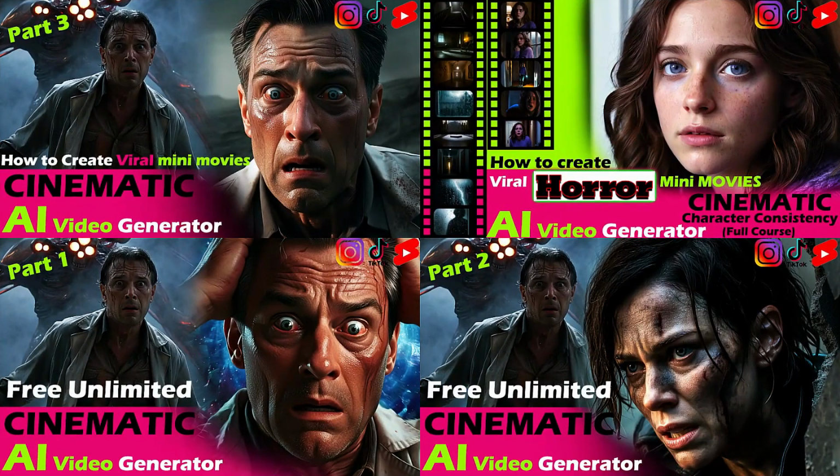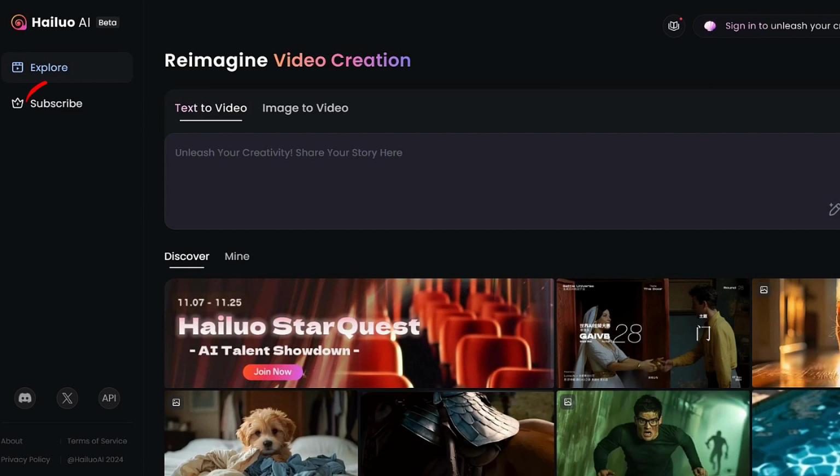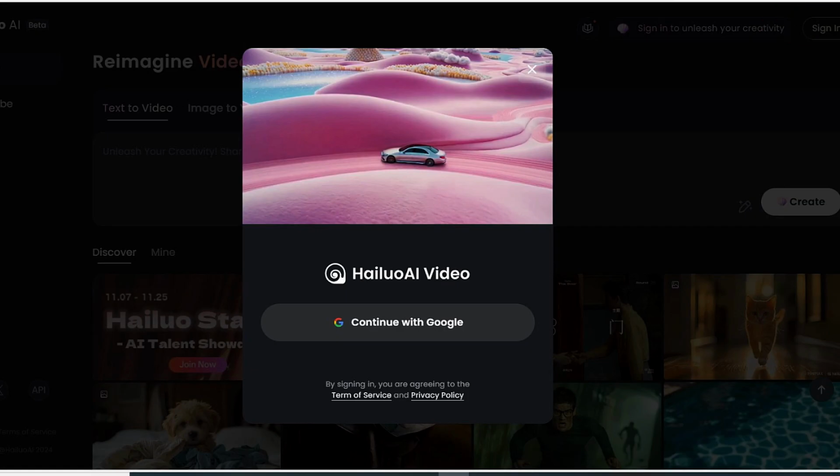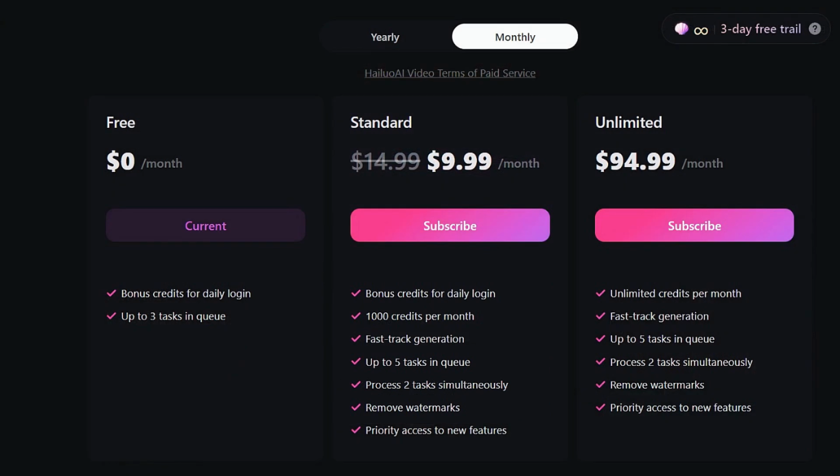Let's visit their website to get started. To get started, click subscribe at the top left of the page or sign in at the top right corner, and use your Google account to sign in. Minimax offers a 3-day free trial for unlimited use when you sign in for the first time. The free plan allows you to produce 3 videos daily, but you can register multiple accounts to create even more. If you need to generate more videos, the standard plan is an excellent choice, and based on my extensive testing,